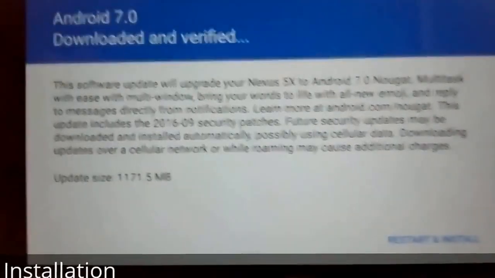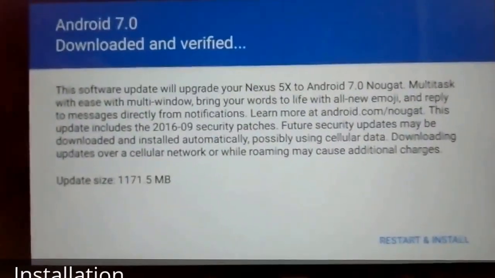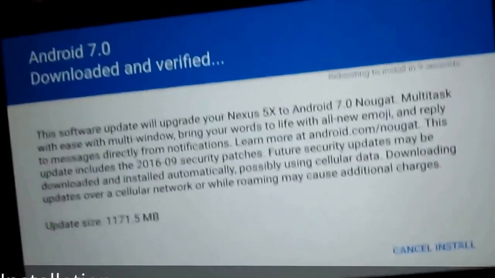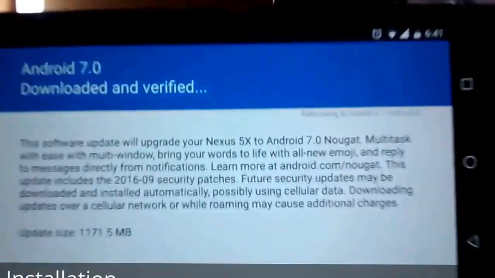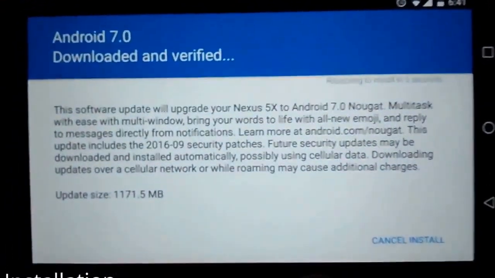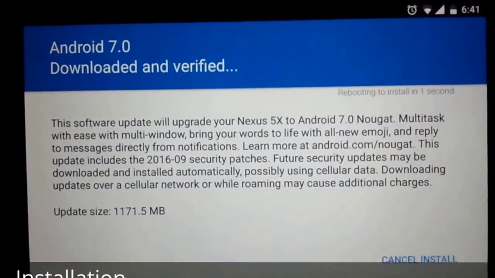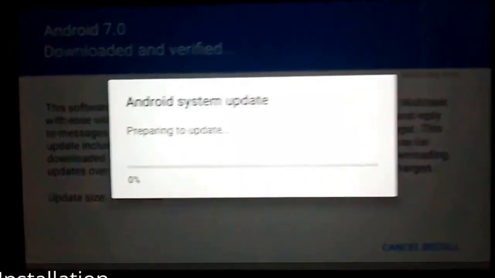Jump cut 1. As you can see, the update has been downloaded on my phone and we are ready to install this new update. So let's restart and install. I think we will require a jump cut here because it's going to take a while.